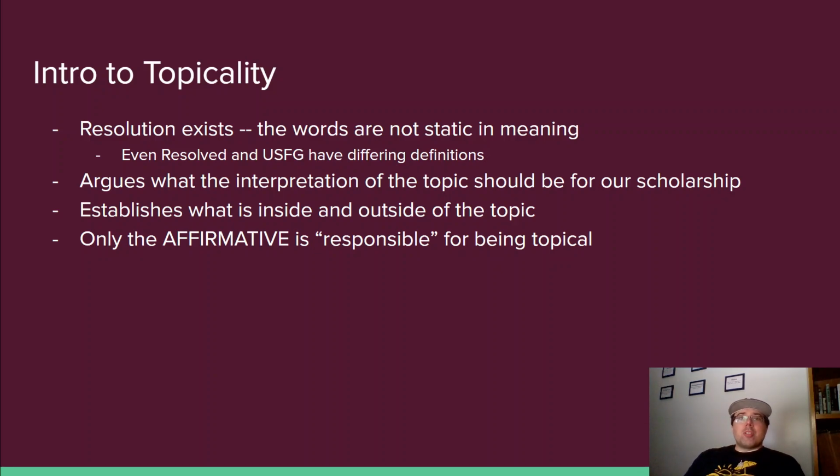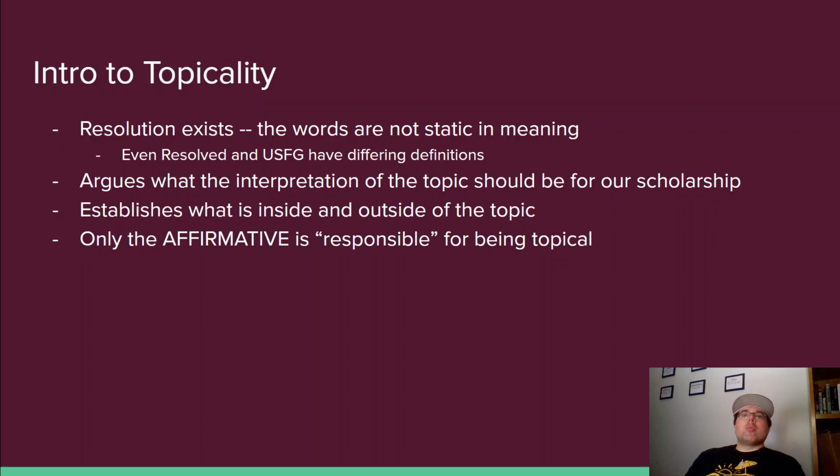Sometimes you find definitions that argue that the United States federal government is a conglomeration of all of the independent states, the 50 states that exist. And more common than that is you can find definitions that argue that the United States federal government is made up of the people. It is for the people, we the people. And so even just that word in and of itself kind of proves that there's no real static definitions for